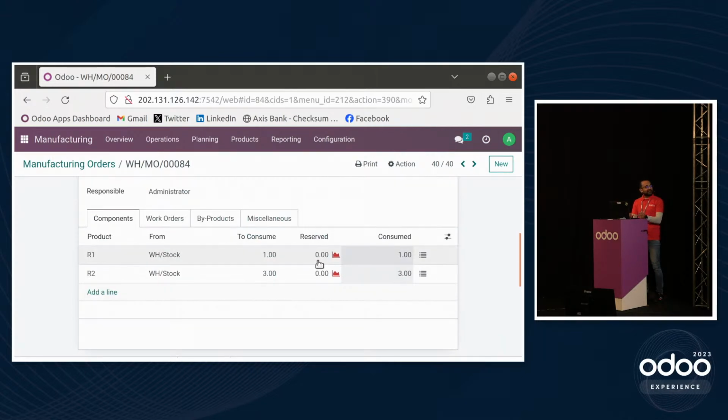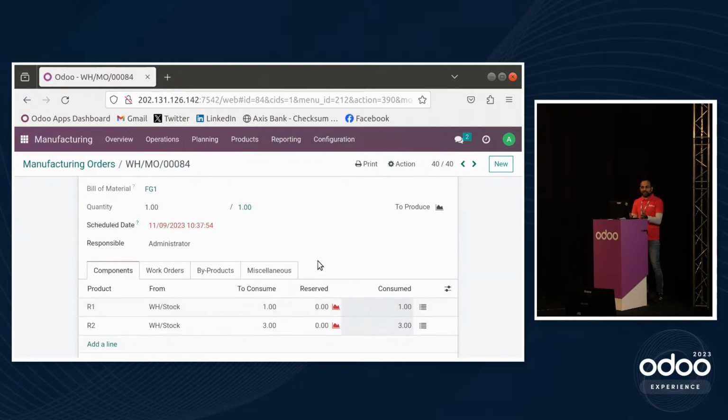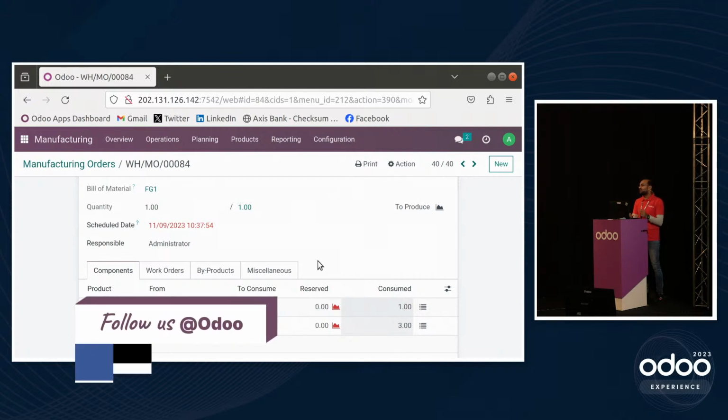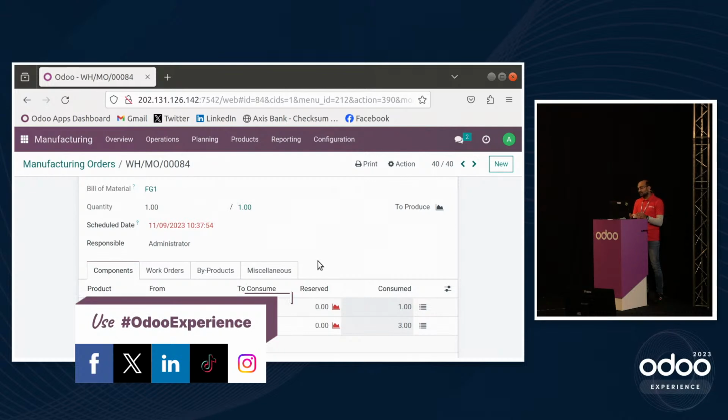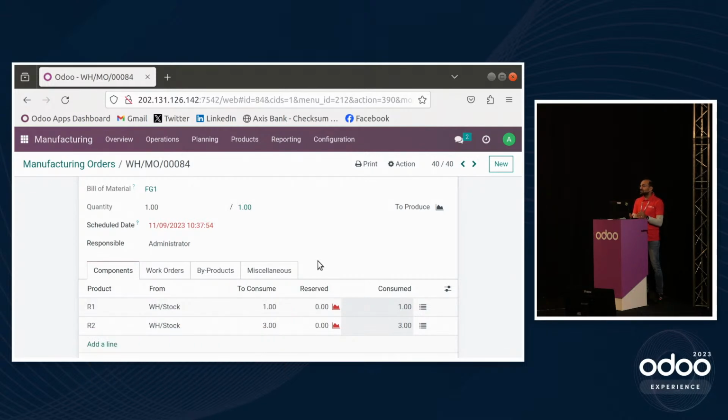So that's no AI, no rocket science, but typically a good mixture of understanding the cost, the duration of the machine, the raw material quantity and so on, to identify what the impact will be. When the order is set to done, the same actual WIP will become a set of journal entries, giving you an idea how it will impact your analytics, be it labor cost, overhead cost and the whole accounting aspect.